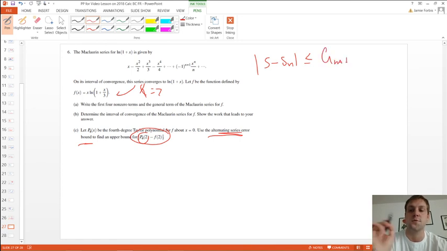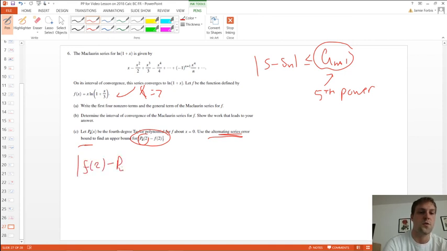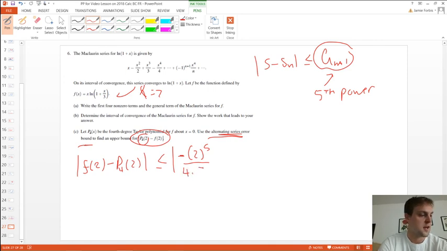So I call that a sub n plus 1. So in this case, if I'm going up to the fourth power, then the next term is going to be the fifth power. That's the next term in the sequence. So how this is written, and I always write it this way, I say the absolute value of f of 2 minus p4 of 2 is going to be less than or equal to the next term in my list. So that's the fifth power, which if you remember from my answer in part A was the absolute value of, it was a negative term, but the absolute value is going to cancel out anyway, of x to the fifth, so 2 to the fifth, because that's the x value I'm approximating, over 4 times 3 to the fourth,